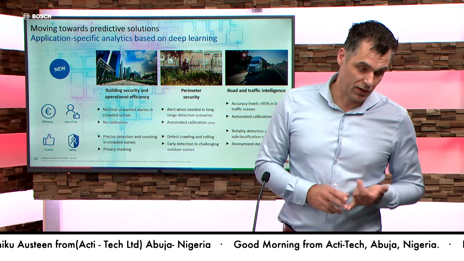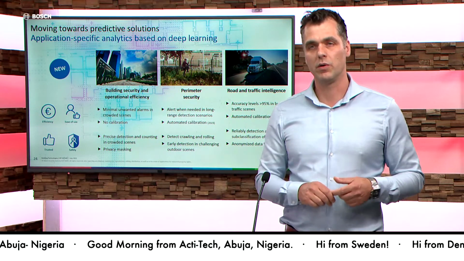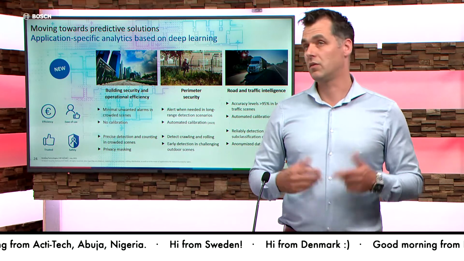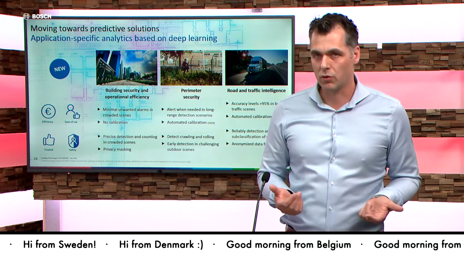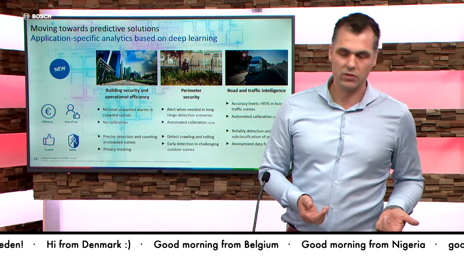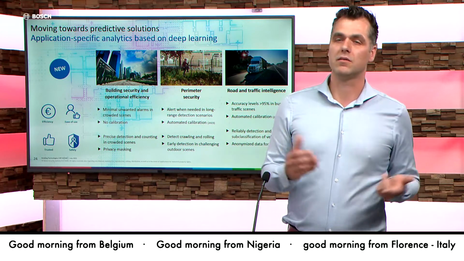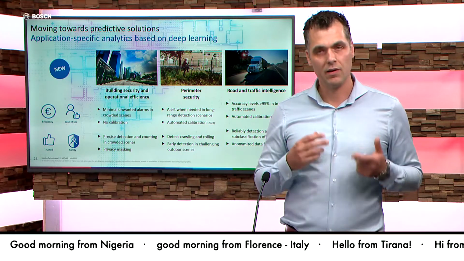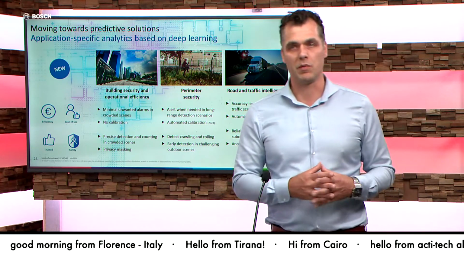But still, as soon as there is a person, you can draw a privacy mask over it. So it's a basic but very strong AI engine, which you can use in a city already, or in a small retail store counting persons stepping into the scene, or on a parking lot counting cars. Very simple, but very powerful already with our AI as a standard. So that's the first package we have upcoming.